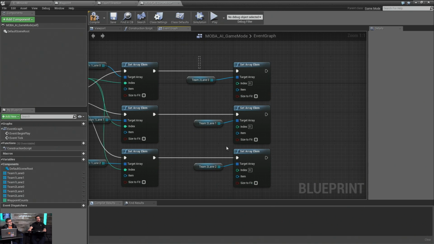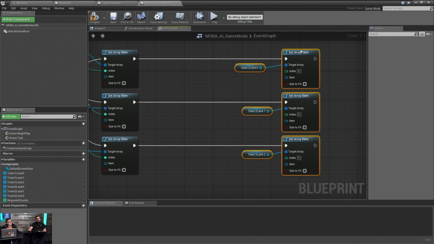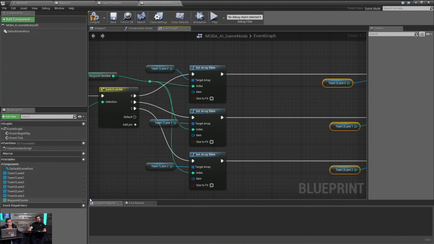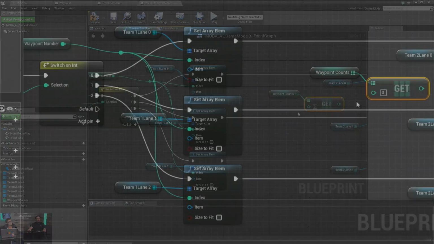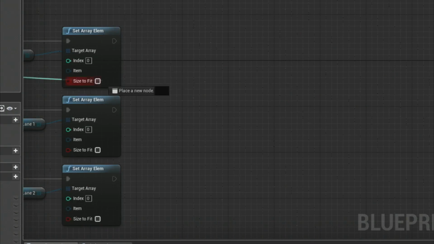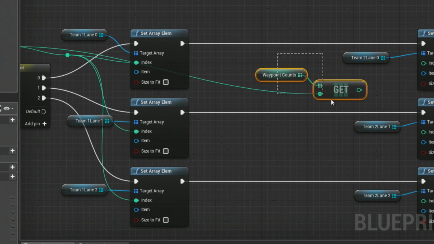And now down here, we can get that information for size. And so we'll just do a get here. And like so.